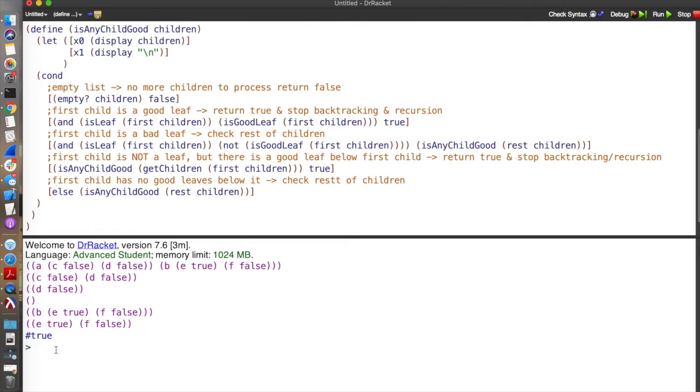So that explains, and that is an example of, using backtracking in recursion. The key here is that you explore routes, and if you find a dead end, you back up using the stack to a place where you have more routes to explore. And if you explore more routes, eventually, hopefully, you end up finding your goal state. In this case, that's a leaf node that has the value of true. All right,